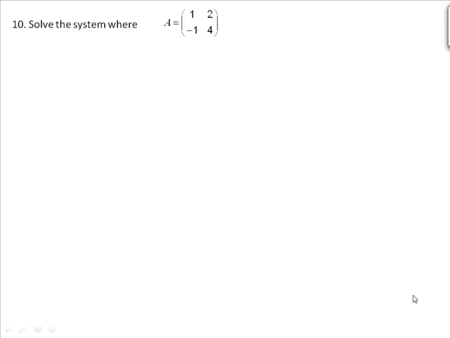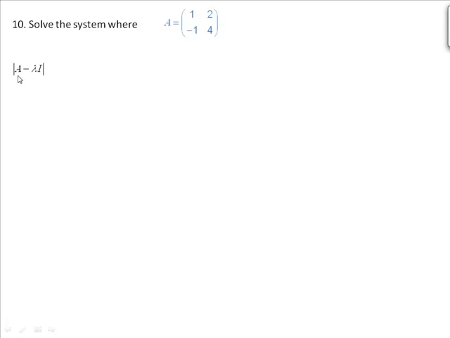Number 10, solve the system where A is [1, 2; -1, 4]. So this is the matrix system x prime is equal to A times x, where A is our coefficient matrix. And we're going to solve it using eigenvalues. To find eigenvalues, you want to solve the